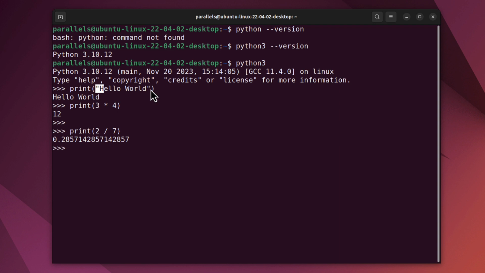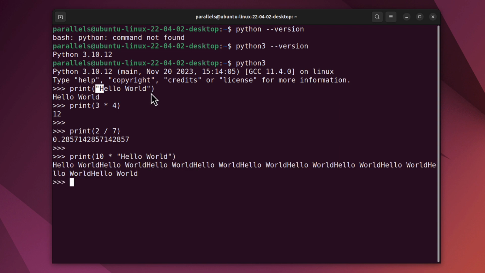Because if I run, for example, print, and then 10 times hello world, you might think, oh, that's silly, but if I click enter, Python simply displayed 10 times the string hello world. Yeah, because those words inside quotation marks are called strings in Python.